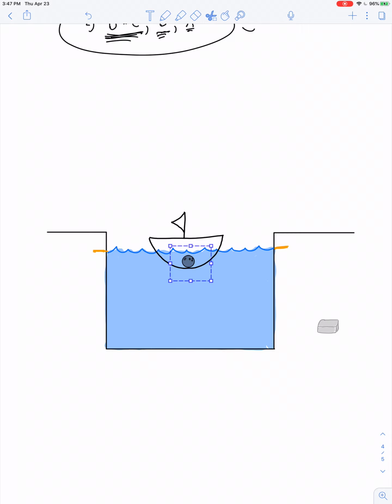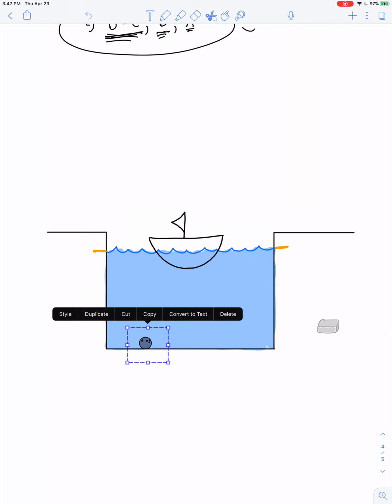Now we take the bowling ball and we set it out on the pool deck. Now you know what's going to happen to the water level compared to the marks. Yeah, of course, the water level is going to drop a little bit, right? Because it no longer has to support the weight of the bowling ball. But that's not the question I want to present to you. I want to ask, what happens when I take the bowling ball, throw it overboard, splash, and it sinks and now sits at the bottom of the pool? Now what happens to the water level in the pool?